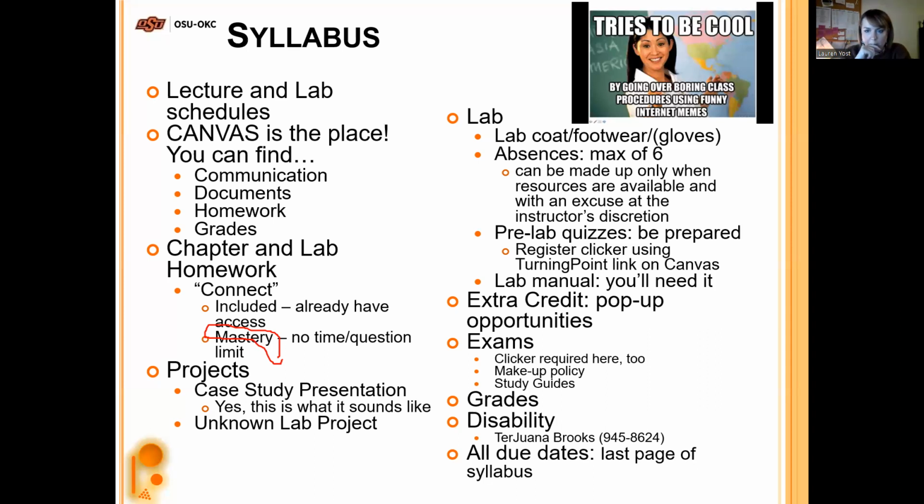I think that's everything. You can get up to 3% extra credit, and those will just be random. You never know. A lot of them, for the in-person stuff, a lot of that is going to be associated with